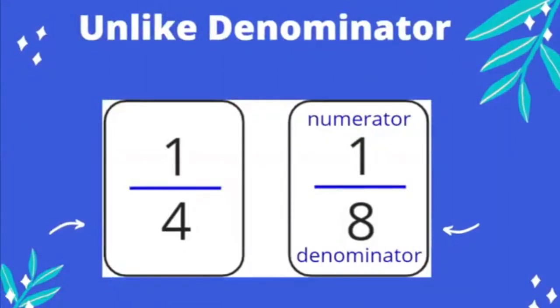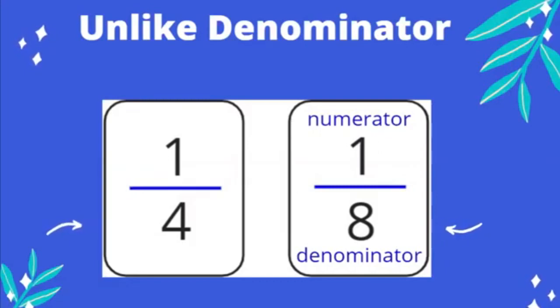The second condition is 2 or more fractions that have the same numerators but unlike denominators. Look at the fractions below. These fractions have the same numerators, but as we see, they have different denominators. So how can we compare them? It will be the opposite of the first condition. In this condition, we need to focus on the denominator. The smaller the denominator, the bigger the fraction.